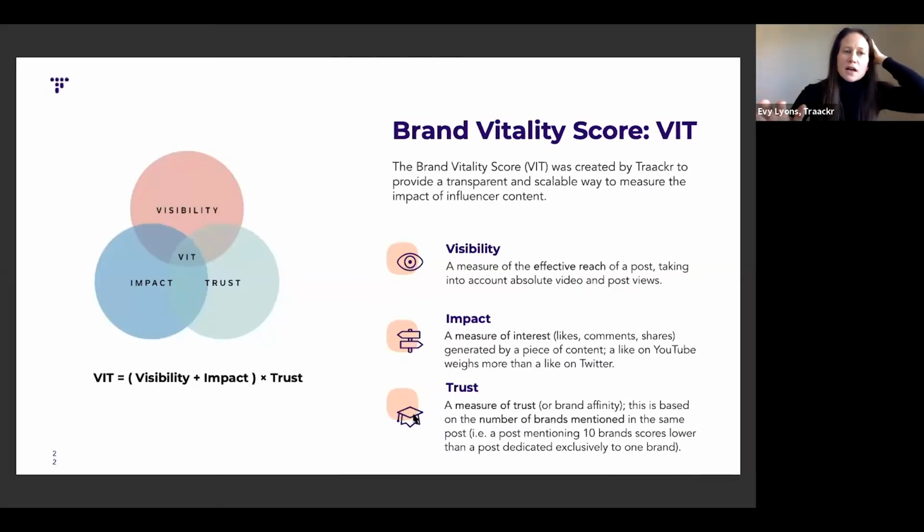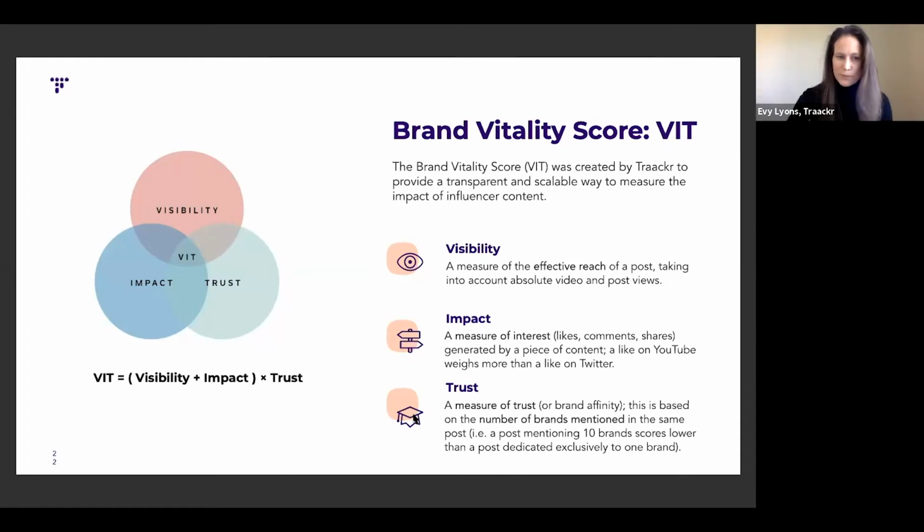We didn't touch on the share of attention metric, but just really quickly, so that everyone has an idea of what that means. It's our way of measuring at Tracker the attention your brand earns among influencers, and it combines all the different metrics into one view that you can break apart, so you can see the components individually as well. So it's a tool for decision making at all levels, but it combines visibility metrics, impact metrics, and then a notion of trust, which measures whether your brand is featured alone, for example, in a post, or you are one of 100 photo tags. But that's how we got to the share of attention metric, and we can answer questions about that if there are some too.